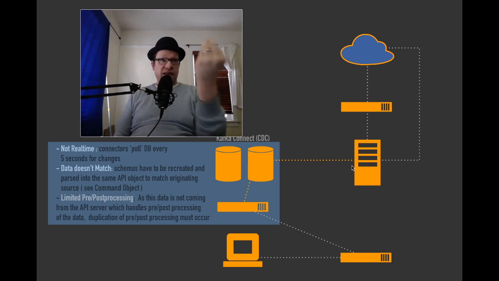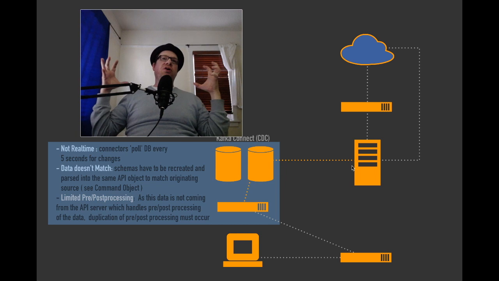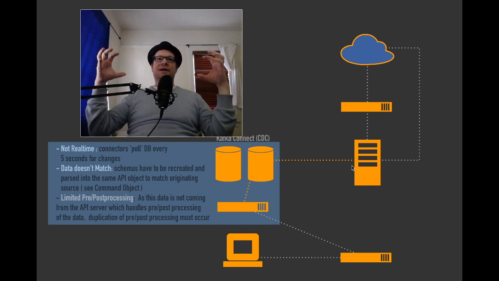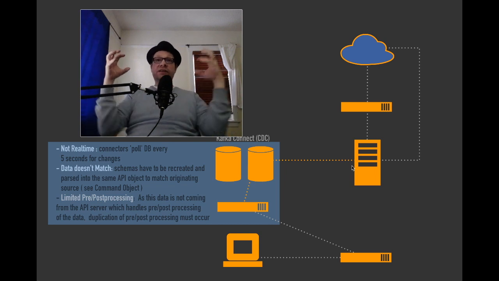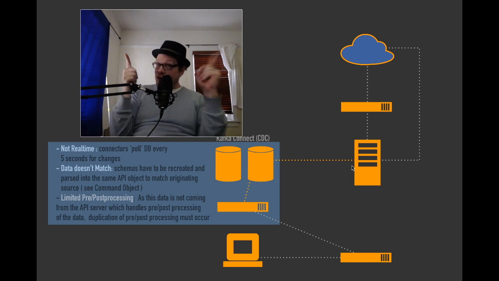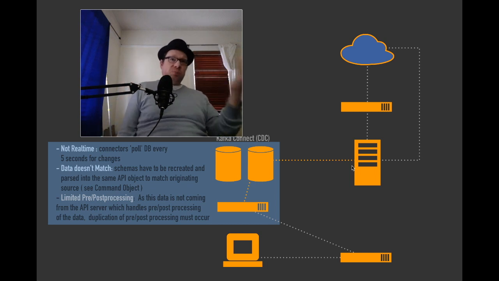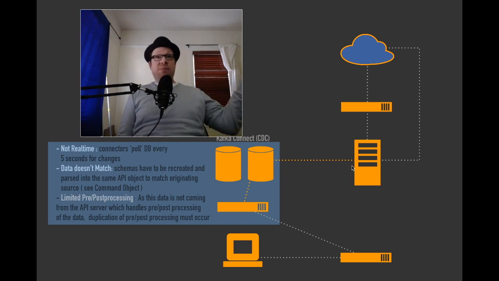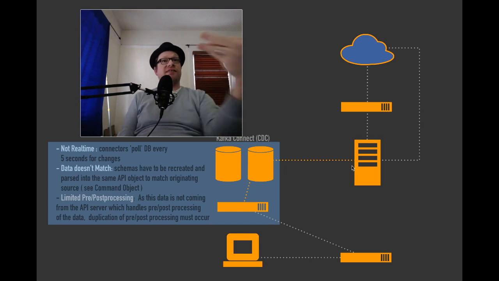And you may just be detecting on that data table, whereas you have to knit together an object, like the API server is doing on the back end, from several different tables to create that object that you send back. Also, the object that you're sending back is post-processed. It may be coming back in JSON. What you have and that you're processing from a database is not coming back in JSON or XML or whatever